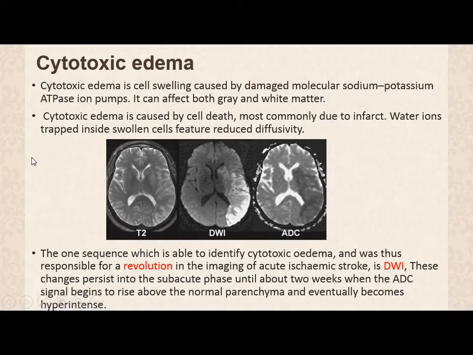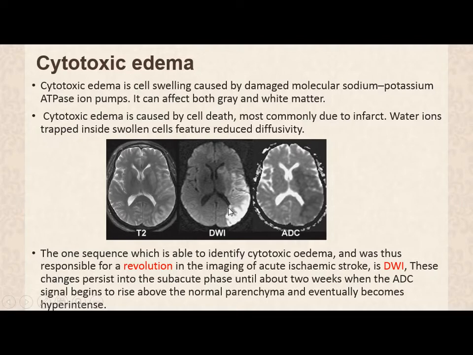It will be positive within as little as 20 minutes after the onset of stroke. When we say cell death in the brain, we are talking about stroke. Okay, 20 minutes after the onset of stroke, diffusion becomes positive, and will stay that way for about 2 weeks